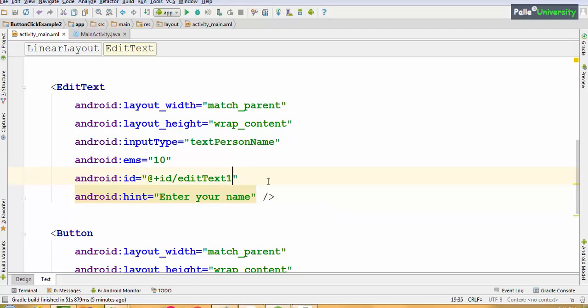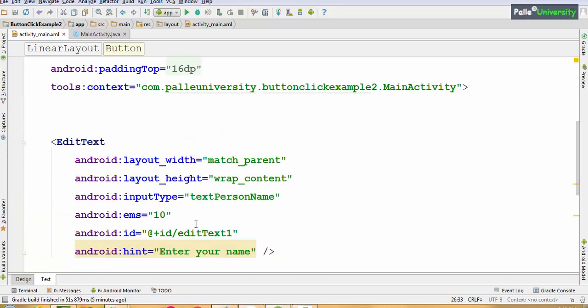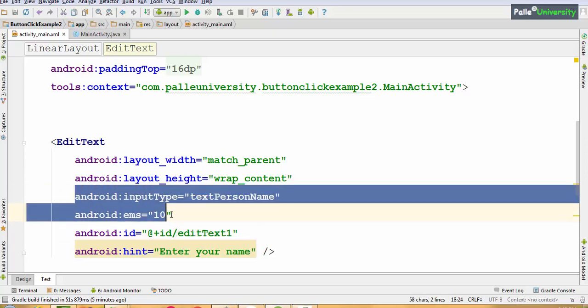Let me make it edit text 1 and button ID as button 1. You can also keep it button, but for my convenience I am changing button ID as button 1 and edit text ID as edit text 1. As of now, don't worry about these two properties. I will explain these two properties later.